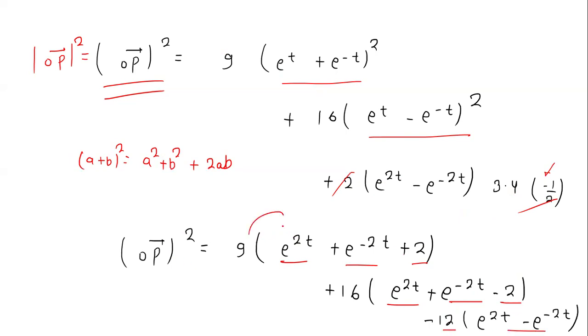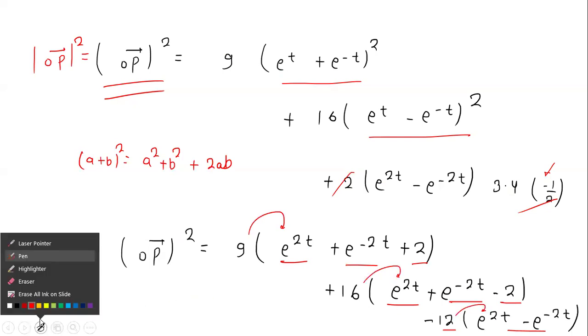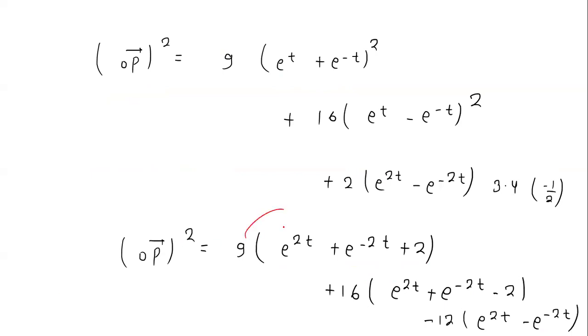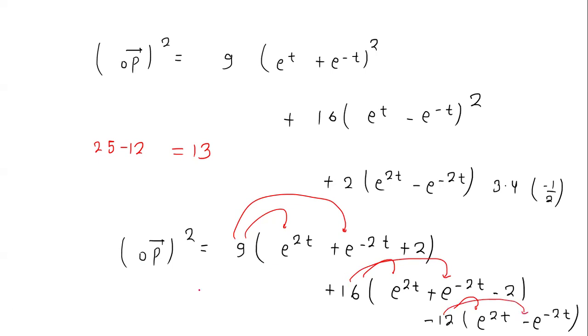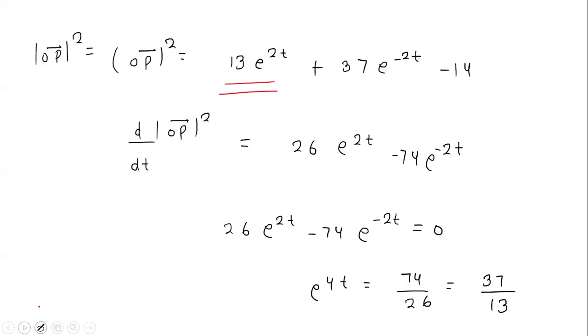So here you have 9 times this and 16 times this and minus 12 times this. So 9, 16 and minus 12. So 25 minus 12 will give us 13. So we have 13 times e power 2t. Similarly, 9 times this and 16 times this will give us 25, and plus 12 times, because minus minus will become plus. So we have 25 plus 12, which will give us 37. So we have 37 e power minus 2t, and